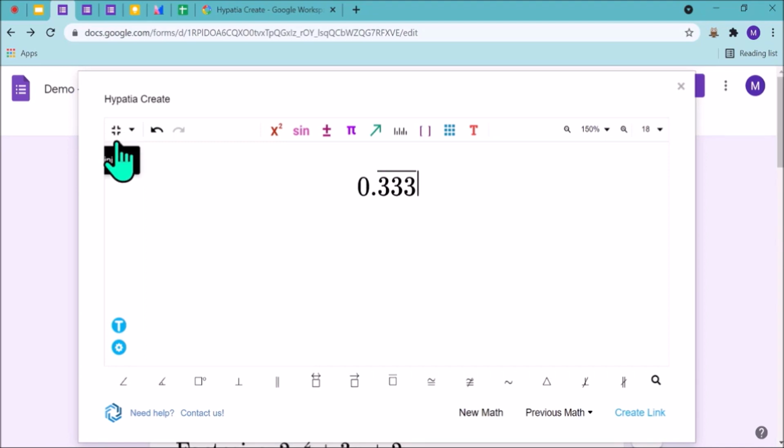Then we are coming to the creating section. Excuse me, ma'am. Yes, ma'am. Ma'am, if it is 0.7, then 3 bar. Bar is only on 3, not on 7. We can bring 0.7 any time here. Okay, ma'am. Okay, thanks.